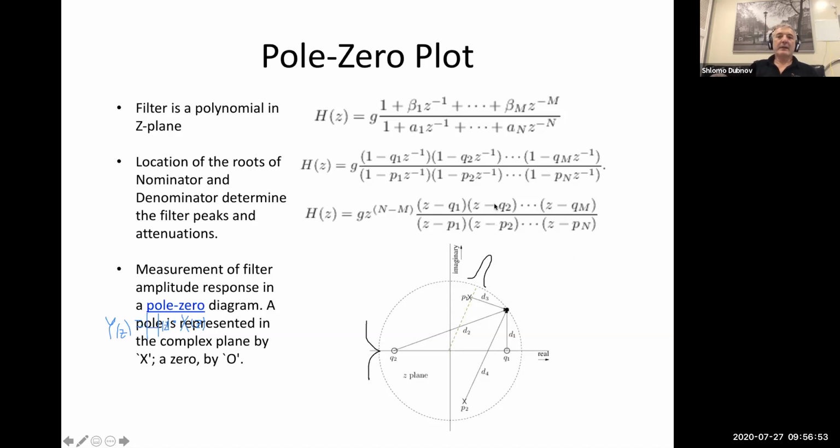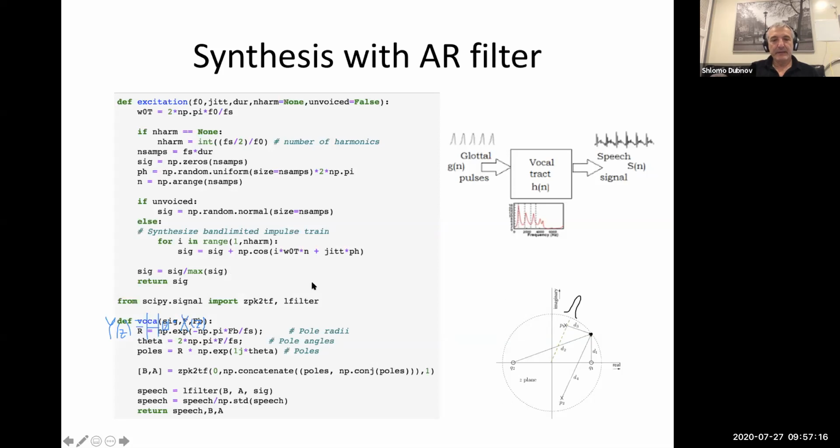And again, in our speech model, we really don't have anything here except for a constant, because it's really modeled as an all pole filter. So there are no zeros really. I mean, we might want to add zeros to get a smoother or more precise structure of the filter. But the whole idea, and this is what we did in this synthesis, in this exercise, we'll just erase this, right? So what we did in the homework, and this is the part that I included